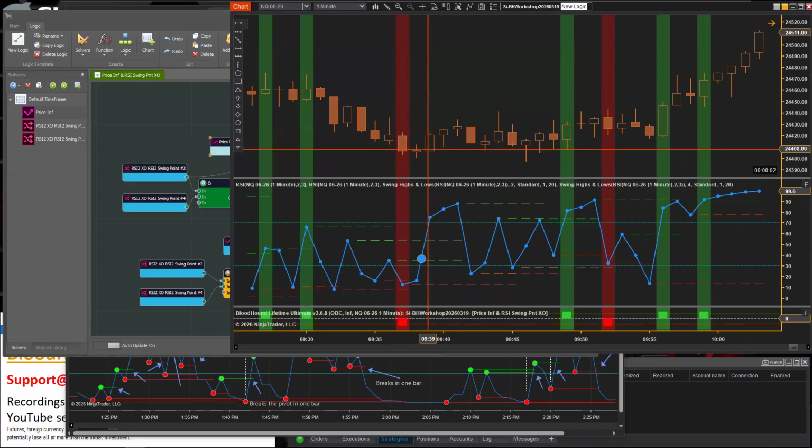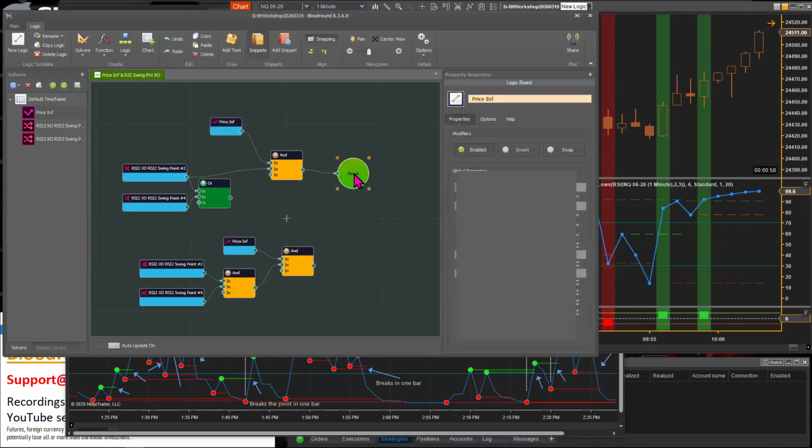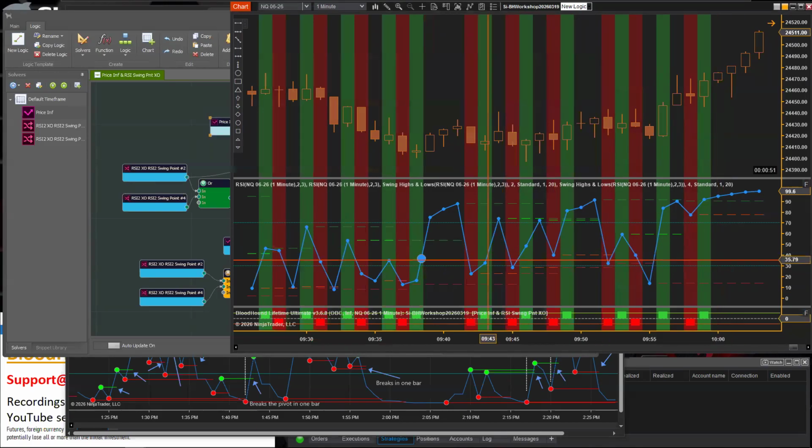So if you want to allow that 2nd bar, then this is your key. This inflection solver is what's limiting the crossovers here. You can see the bar reverses up, and you only get one signal or one output on that 1st bar, but not the 2nd one or the 3rd one.